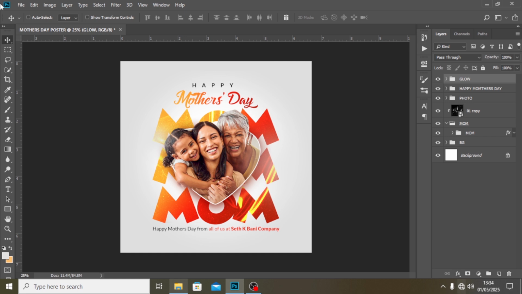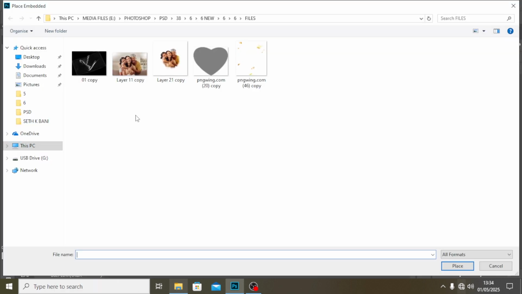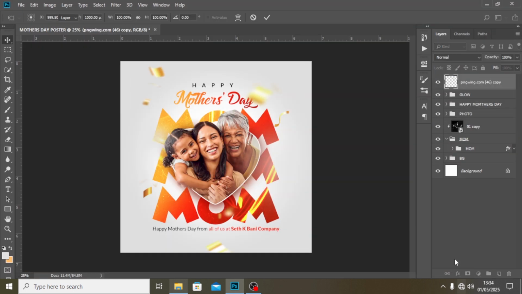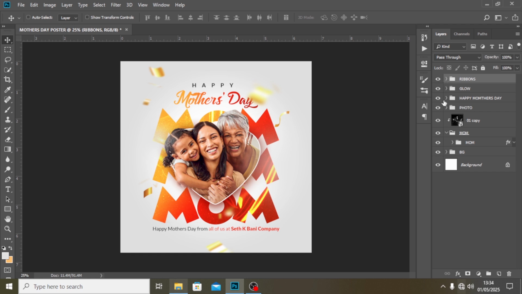Other thing is we can also bring in some ribbons. Let's go there because it's a celebration, right? So let's just bring this ribbon here. Yes, just to culminate everything. I'm going to put it in a group. I'm going to call it ribbons. And then the final touch I'm going to add to it is just to make sure the dark side